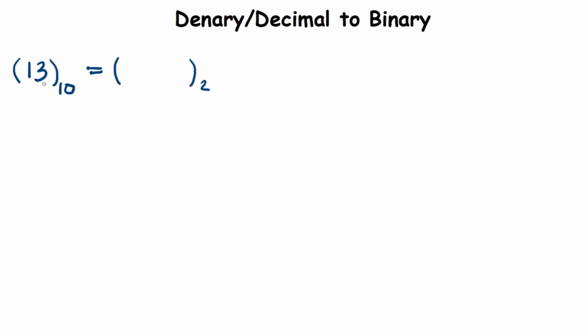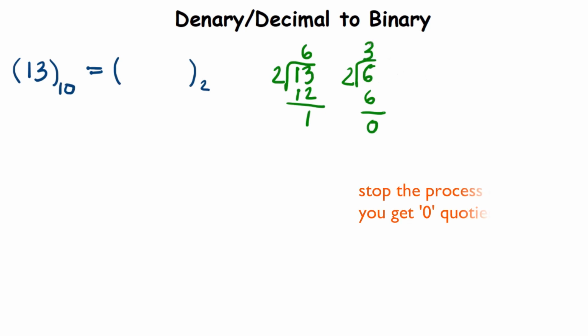These are the steps that we have to follow when we are converting denary to binary. So let's divide this number by 2, by this base. 13 divided by 2, and we'll get 6. 6 times 2 is 12. 13 minus 12 is 1. And then whatever quotient we got, we will divide it again by 2. 6 divided by 2 will give us 3. 3 times 2 is 6, and we'll have 0 as the remainder. We will continue this division until we get a 0 quotient here.